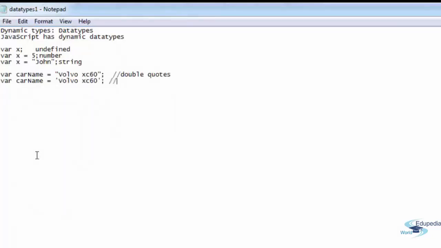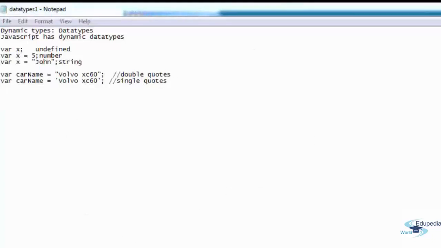Semicolon, and you have used single quotes here. And finally you can also use quotes inside a string as long as they don't match the quotes surrounding the string. For example, in order to explain this example that you can use quotes inside a string,